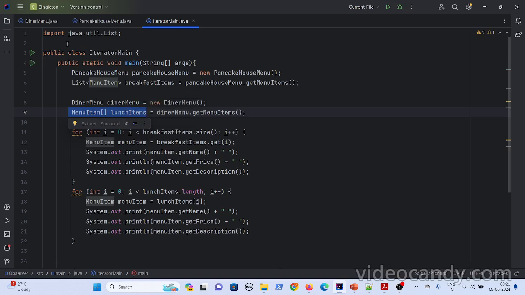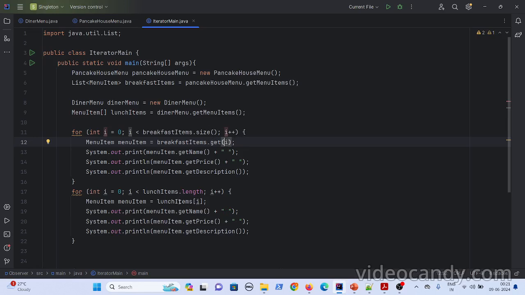Now what he will do is he will loop through each menu like this, and then he will get the list of items. But this is not the right approach, right? Because he needs to know that this menu should follow this get of i. Because for an array list, to fetch the items by the index, you would use get of index, right? So he should know that he should invoke the get of i method.